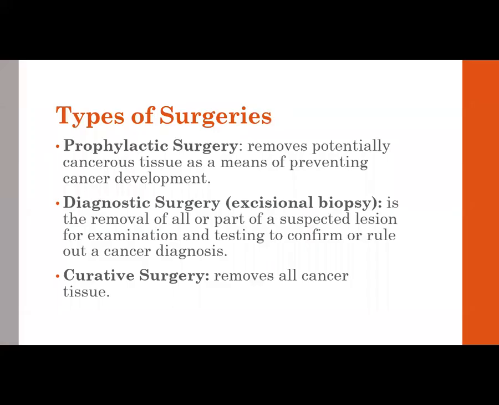So the first one we are going to talk about is surgery. Surgery is where we're just going to remove the cancer a lot of times. And we've got different types of surgeries. So we've got prophylactic surgery. Prophylactic surgery removes potentially cancerous tissues as a means of preventing cancer development. For example, removing the opposite breast in a patient who has a genetic mutation to prevent cancer